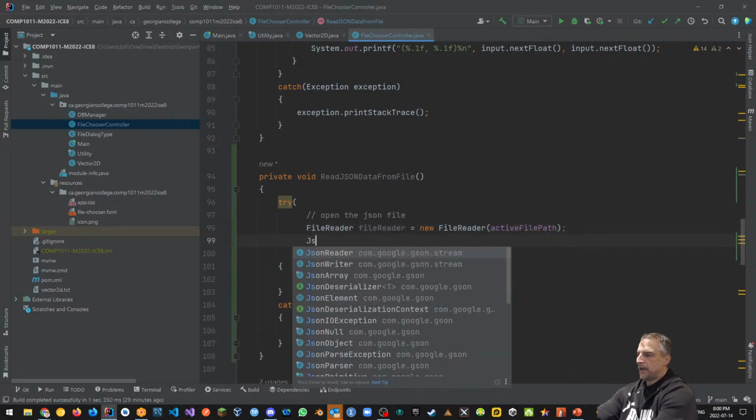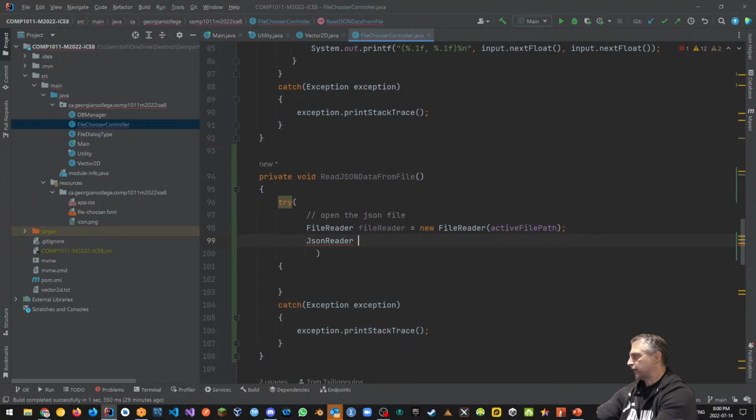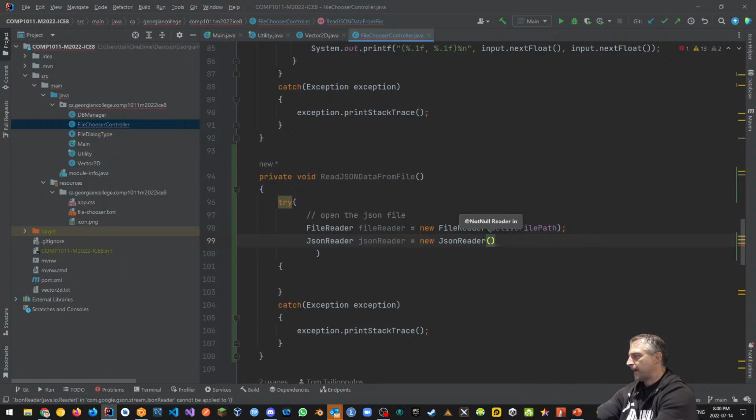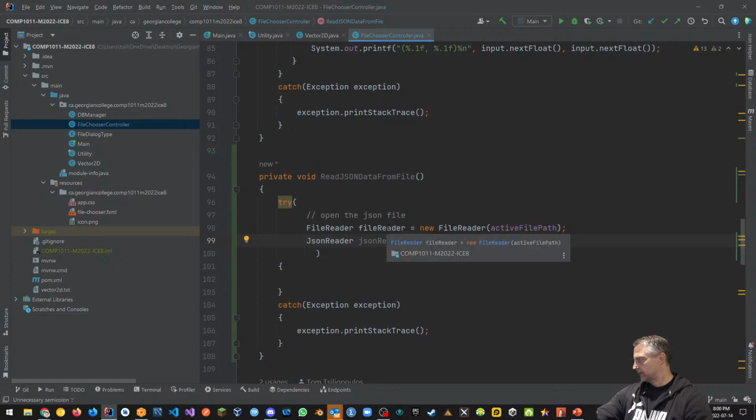And then I'm going to say, hey, Json Reader, I want to create a new Json Reader object that is the new Json Reader, and I want to pass in the file reader stream. So the file reader stream, I've created it to pass into the Json Reader. That's why I needed the file reader in the first place. Okay,